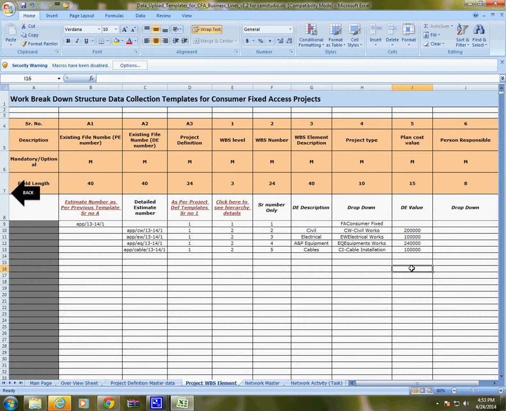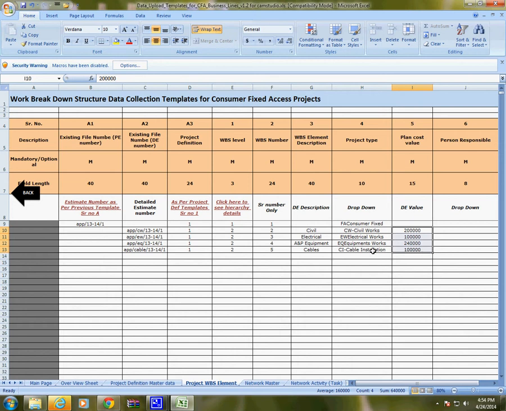So this is the amount we have to fill, for which this estimate has been planned. This is the planned value of the estimate. It is not the actual expenditure incurred. It is the planned value of this WBS.